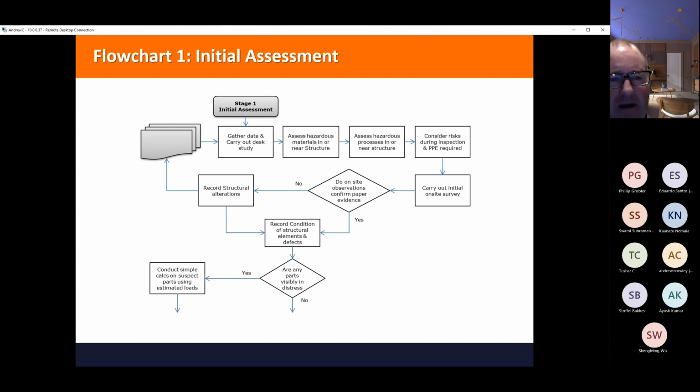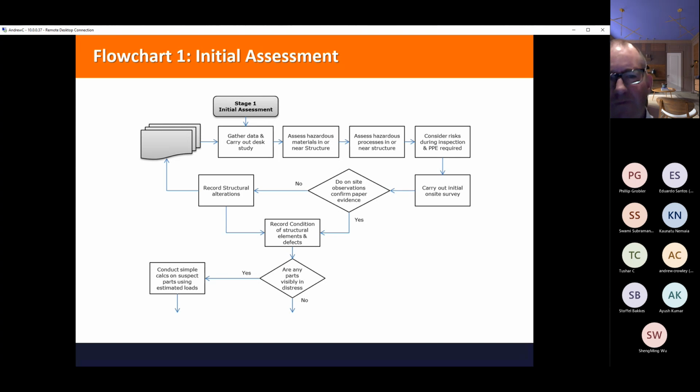You also need to know in your industrial environment whether there's any hazardous materials in or near the structure. Is the building being used, for example, as a factory or a chemical processing? So are there any hazardous processes in or near the structure?